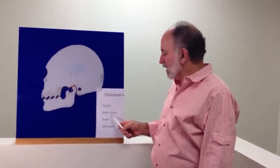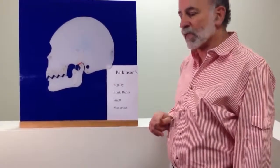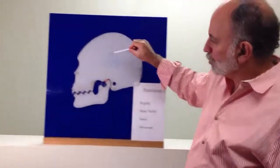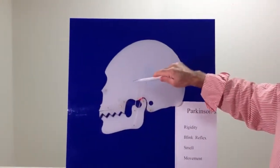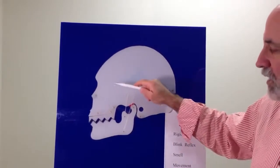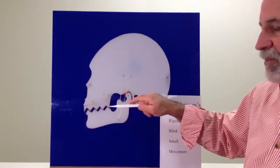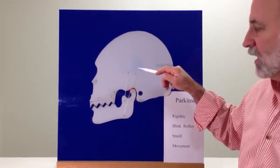Another main symptom you find in 70% of Parkinson's patients is that they have an abnormal blink reflex. Blink reflex is modulated by your trigeminal nerve, which controls your jaw muscles. The sensory from your trigeminal going in and affecting the seventh facial nerve coming out causes the eyes to blink. With bite dysfunction, the trigeminal sensory is disturbed in a high percentage of the cases, and that would alter